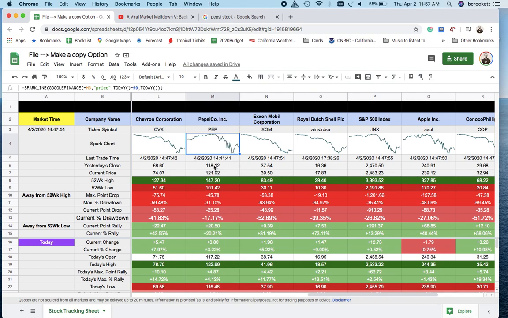So you can see the stock chart, the trade time. And what I really like right now is row 13, where we can see the current drop down in percent. So I can very quickly compare Pepsi's current drop down, which is 16.5%, to say Chevron, an oil